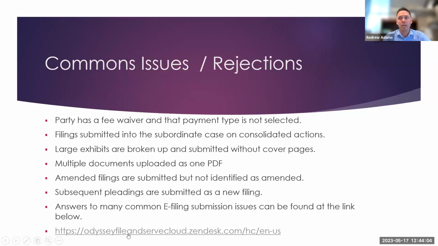Now, I've told this to a lot of people, and I've heard back from a lot of the vendors that the vendors won't do it. They will make you call the court and have the court do it. So if that's what the vendor is telling you, you just call us, give us your envelope number, and let us know which filing it is. We haven't actually accepted it yet. I have no problem sending it back to you. We just want to know who we spoke to, and we'll put it in our rejection letter so there are no issues.